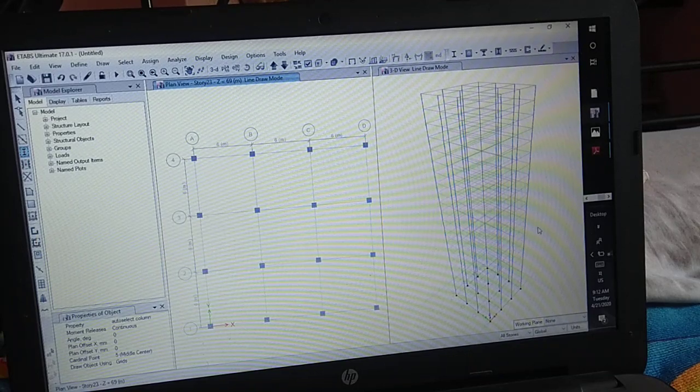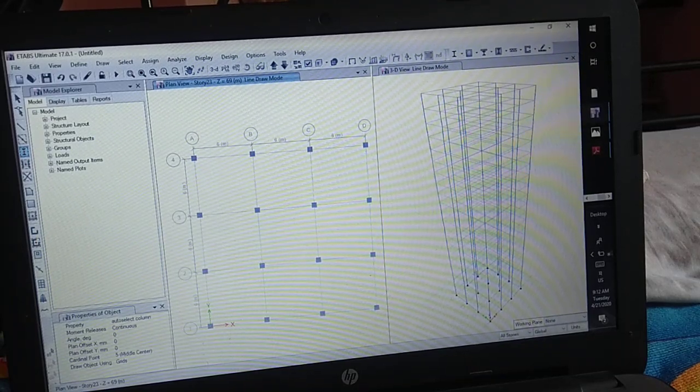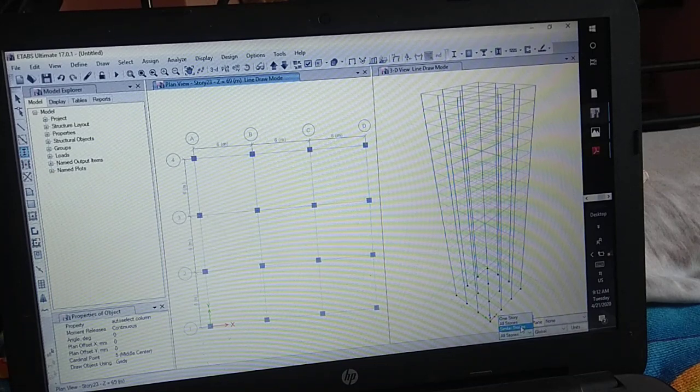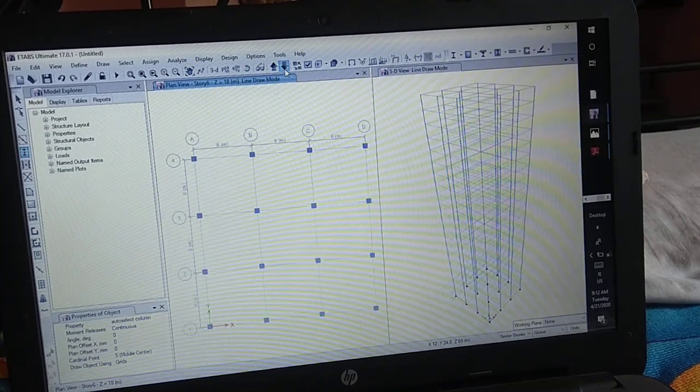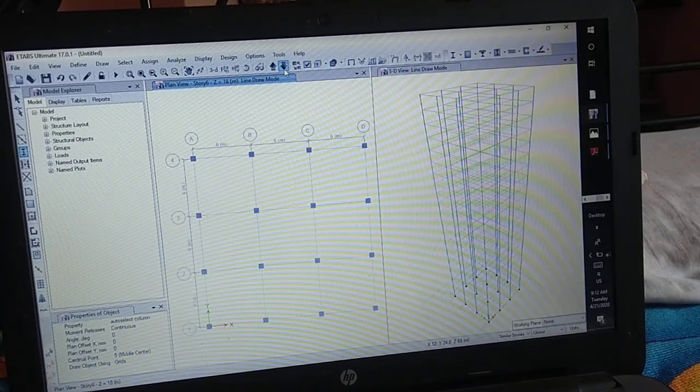Similarly, if you have to draw a column for only one story, then select the One Story option. Or if you have to draw the beams for only similar stories, then click on Similar Stories, then go to any story from story 1 to 8, which are similar stories.